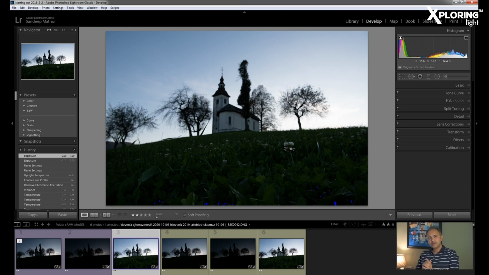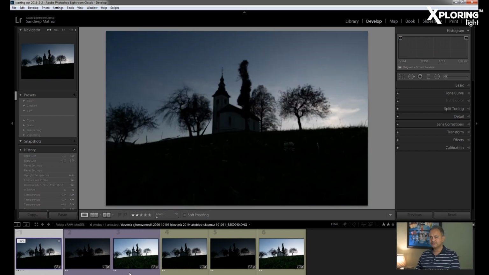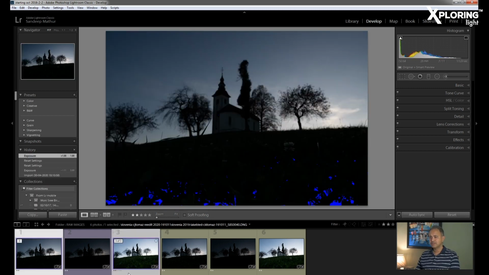So if you remember our workflow from the previous two tutorials, we will first merge these exposures and then we do something different that we haven't done up till now. We are going to take these two merged exposures and take them to Photoshop to focus stack these images. So first things first, let's merge these exposures. Let's take the purple set first, which is our foreground set,